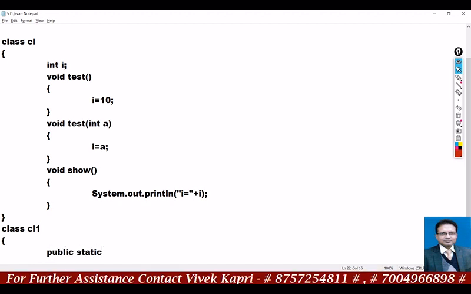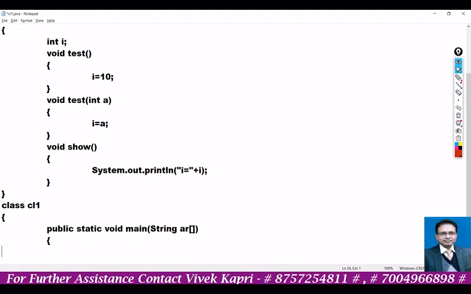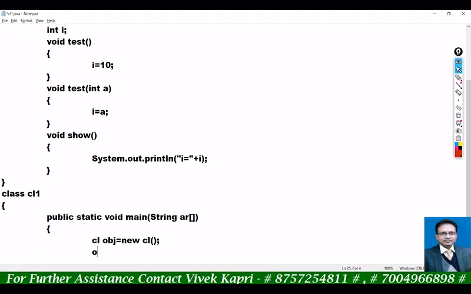Class CL1, public static void main String args. Create the object of class CL, obj equal to new CL. First of all, call the function obj.test. What will happen as you call function test? Which function will be called? We have not passed any argument here, so the function having no parameter will be called.